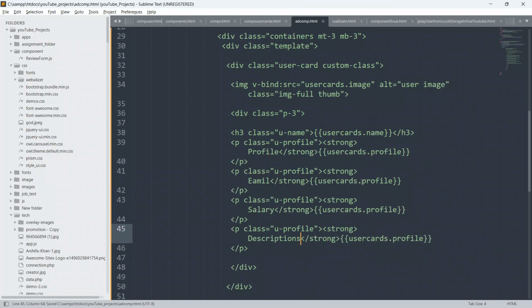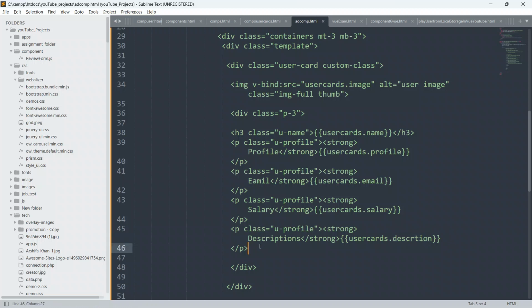And here we also have to change this to email, change this to salary, and change this to descriptions. So guys, now we have to define these properties also.